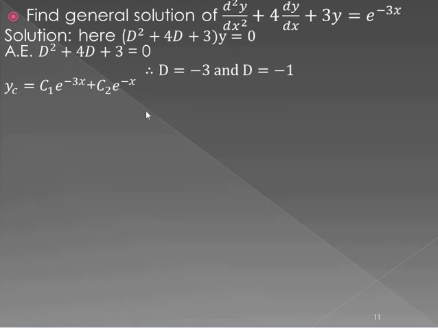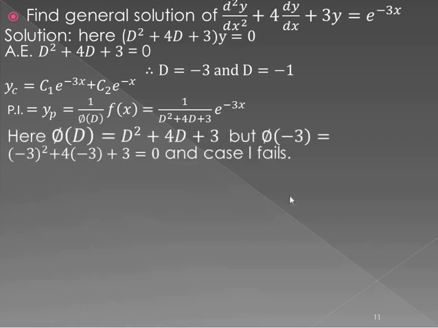Now we have to calculate PI. So PI is equal to yp is equal to 1 upon phi of D times f of x. Here phi of D is D square plus 4D plus 3, and f of x is e raised to minus 3x. Now first we have to calculate phi of minus 3 because the value of a is minus 3. So put here D equal to minus 3. So we get phi of minus 3 is equal to minus 3 square plus 4 times minus 3 plus 3,